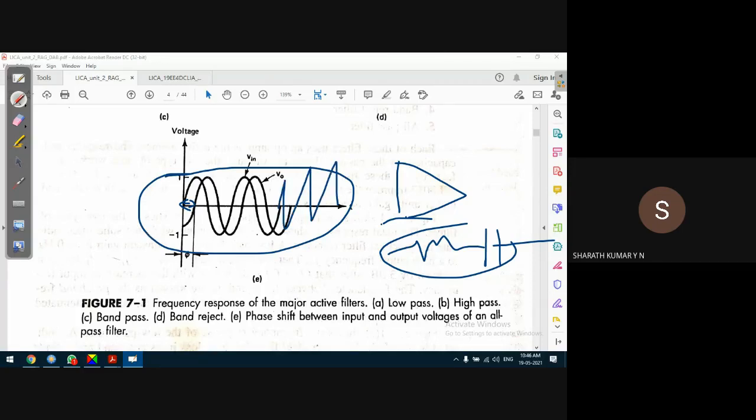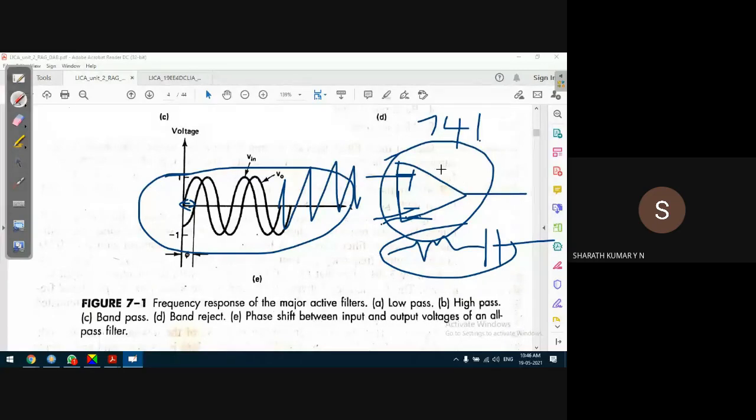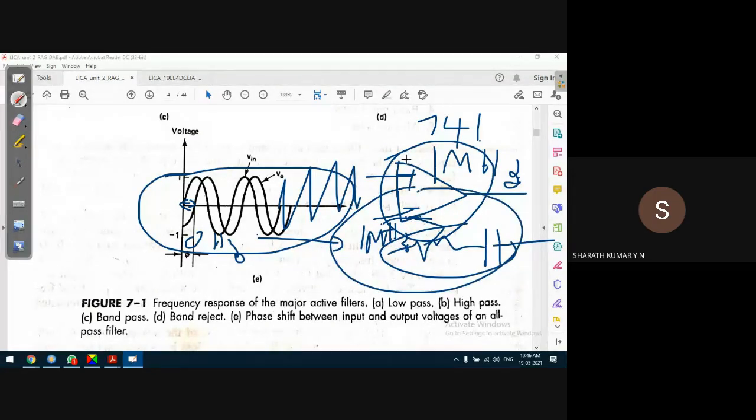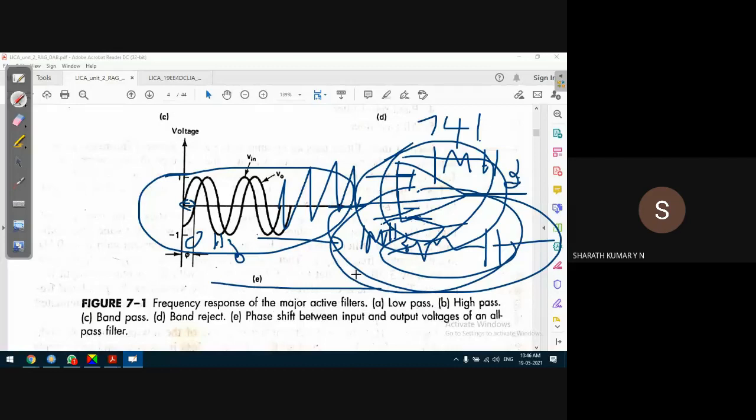But what is the maximum frequency it can allow? That depends on the frequency of operation of the op amp circuit. Let's say for example 741, as we understood in the earlier class, the op amp can allow frequencies up to the 1 megahertz range. That means the signal can vary from 0 hertz to a maximum of 1 megahertz. If your frequency is greater than 1 megahertz, the op amp gain gradually reduces. That means the op amp itself acts as a filter for frequencies greater than 1 megahertz. But the filter can be used anywhere from 0 hertz to the 1 megahertz range.